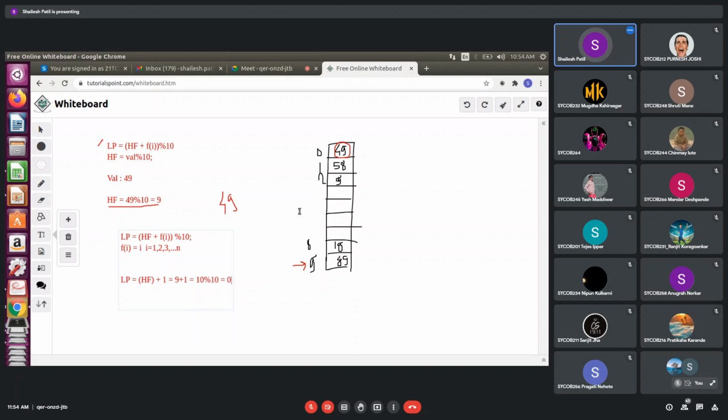Now we'll check whether that element is present at the 0th location. We are checking this location, and we find that this element is present here, and we have to delete it. Deletion can be done in a number of ways, as we have seen. As per the element we are deleting in the array, we delete the element and shift the elements above. This is the strategy we would use, but this won't work because